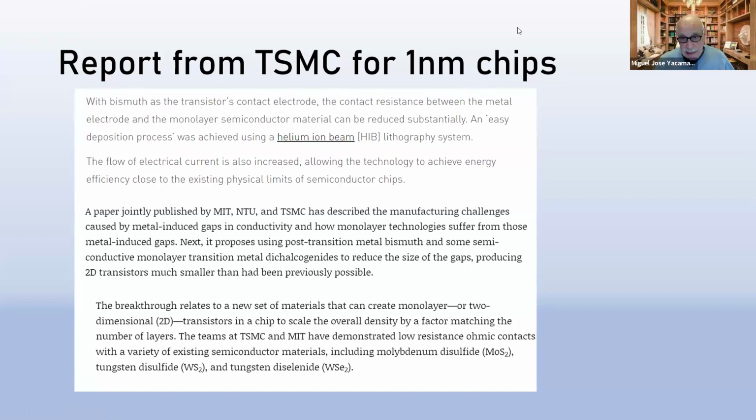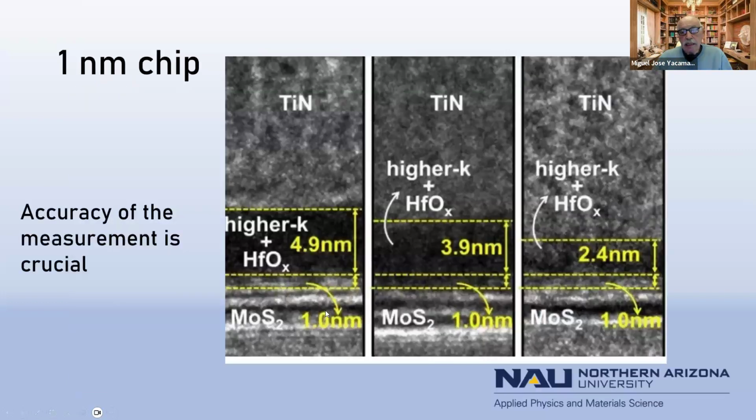So that's an example of how this instrument is very important. Also, they are using what are called two-dimensional materials, which a few years ago were purely for academia and now are really being used, including molybdenum disulfide and tungsten disulfide. This is an image from a paper produced by Taiwan Semiconductor researchers and MIT of a 1 millimeter